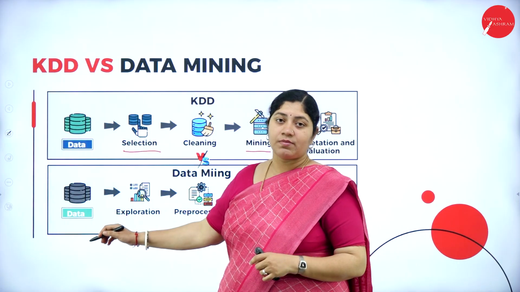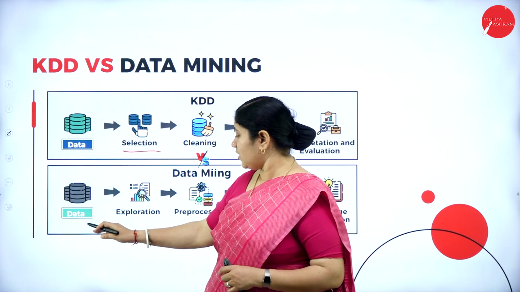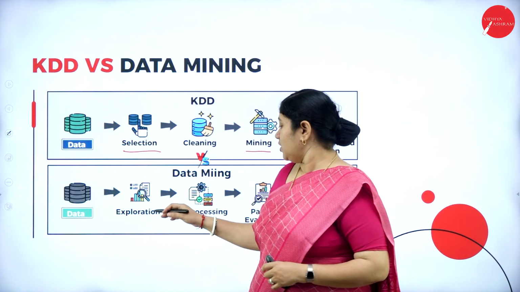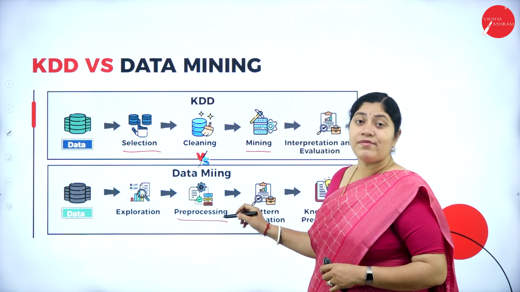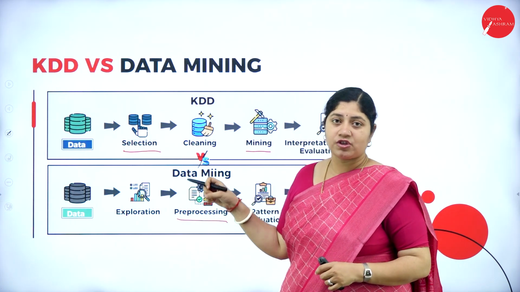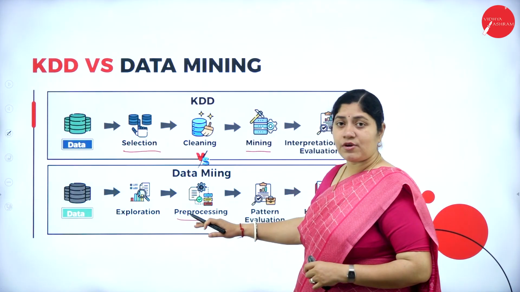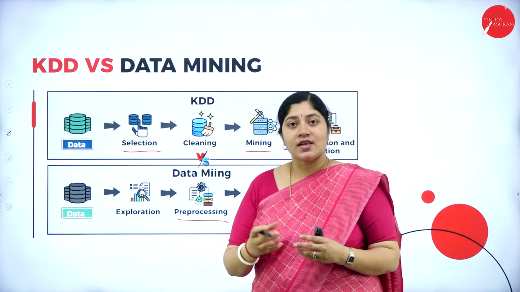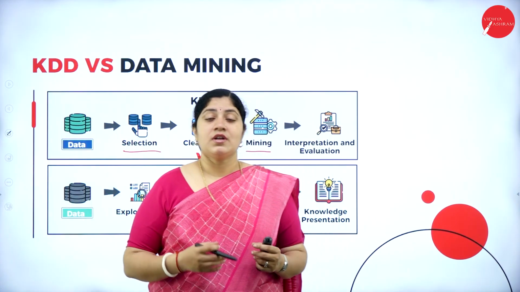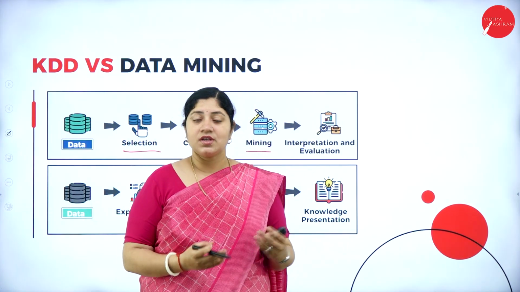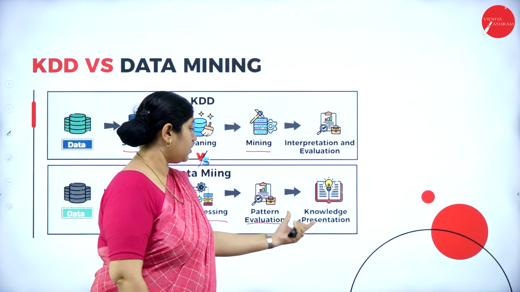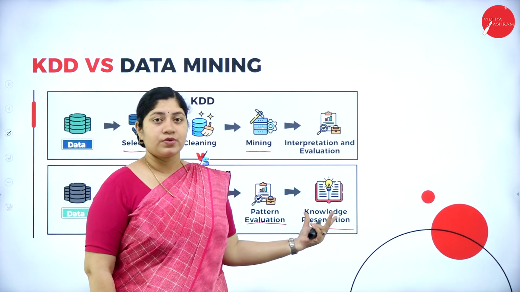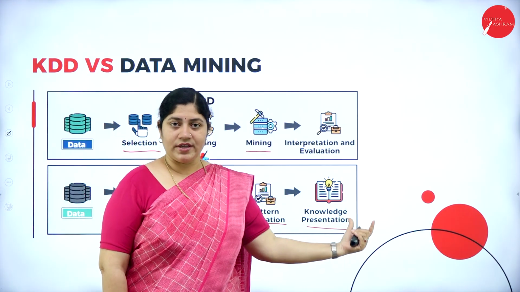The process of data mining starts again with a data warehouse, where we explore the required information, that is data. Then we pre-process the selected information or data. After pre-processing, what's next? It is pattern evaluation. The selected patterns or information are represented in the form of patterns and evaluated. Next, the process is knowledgeable presentation. So this is the complete process for data mining.